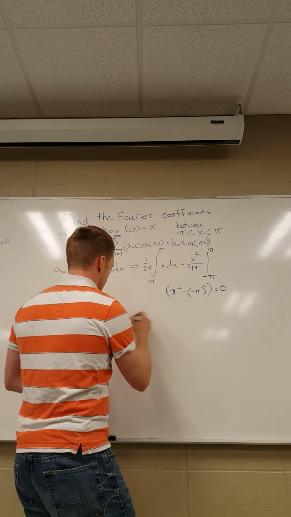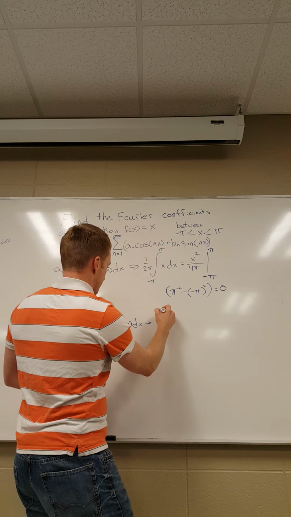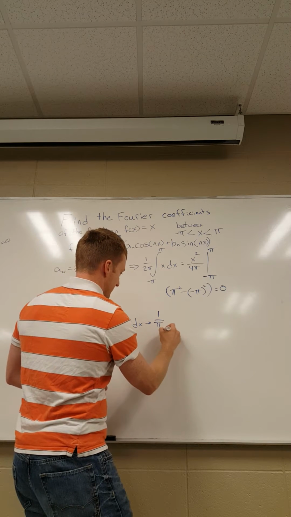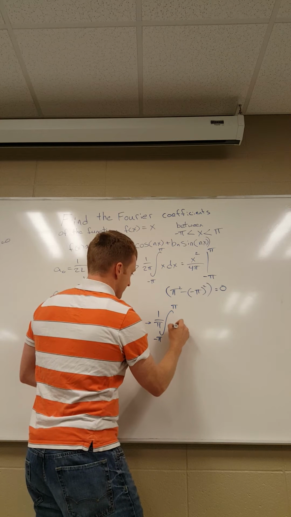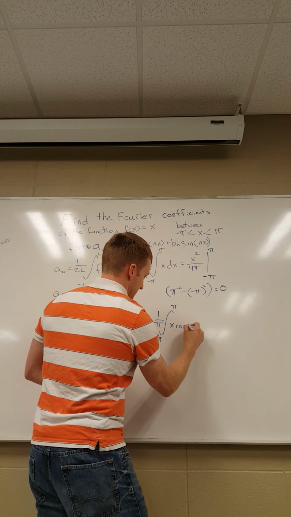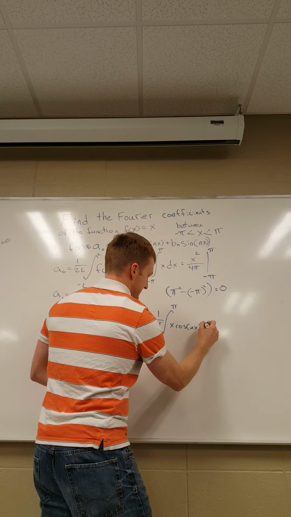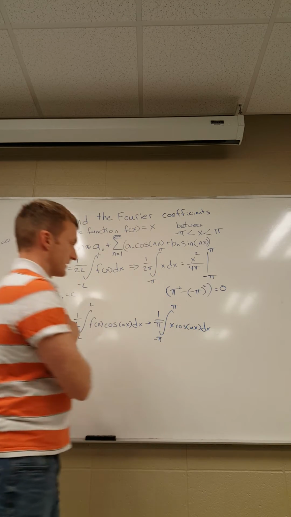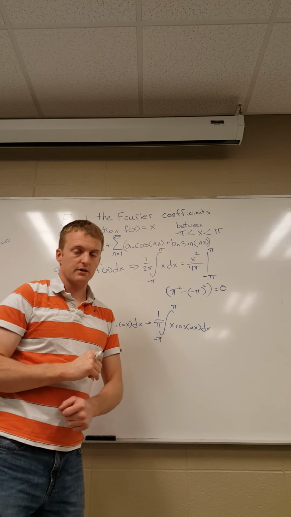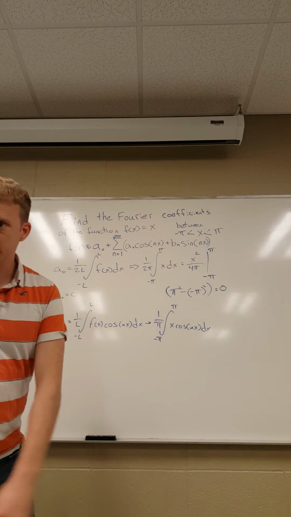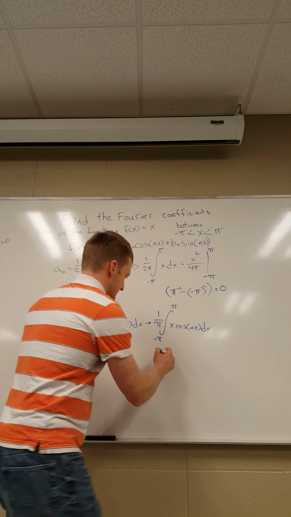We'll plug in the values first: 1 over pi from negative pi to pi of x cosine nx dx. There's a lengthy integral there, but it's directly out of a table, and it says